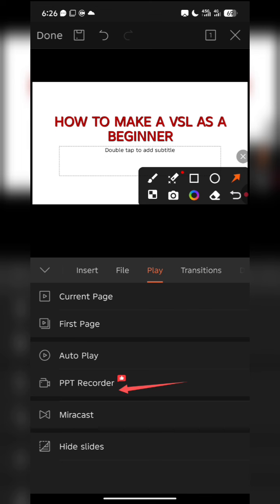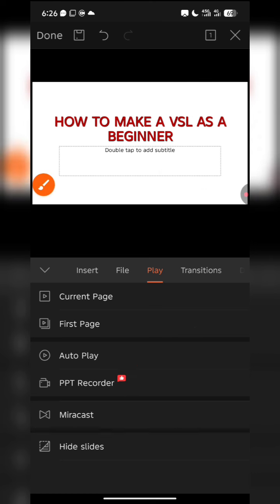Once you're done making your VSL, you want to record, so you can upload on YouTube. Then you click on this PPT recorder. Now let's quickly go to the